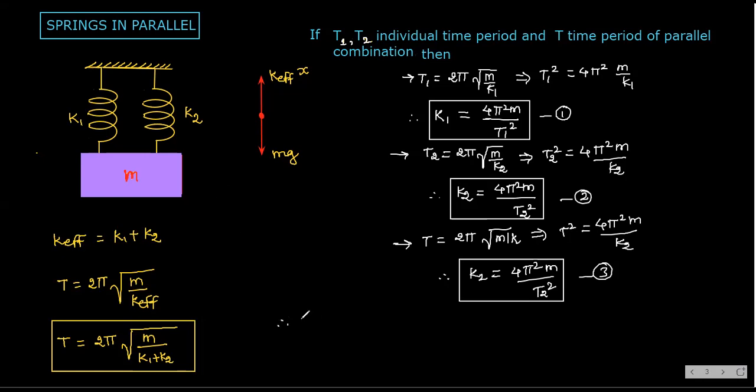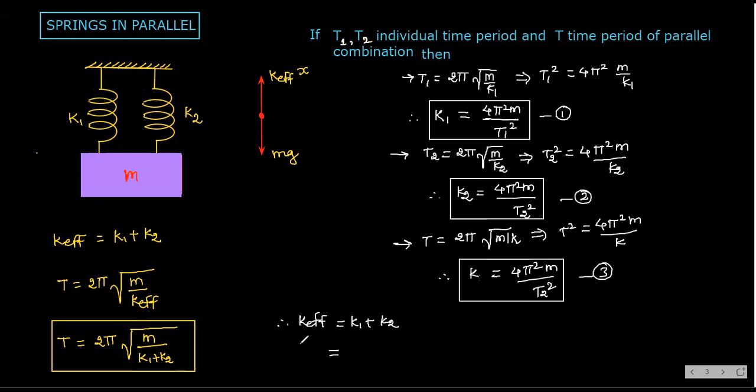So therefore K effective is equal to K1 plus K2, and that is equal to... where is K effective? Here we have to keep K2 already finished now. So here I will substitute only K, not K2. Check it once. Here it is only K. We will write it as K effective, right? Check it. Yes, K effective.